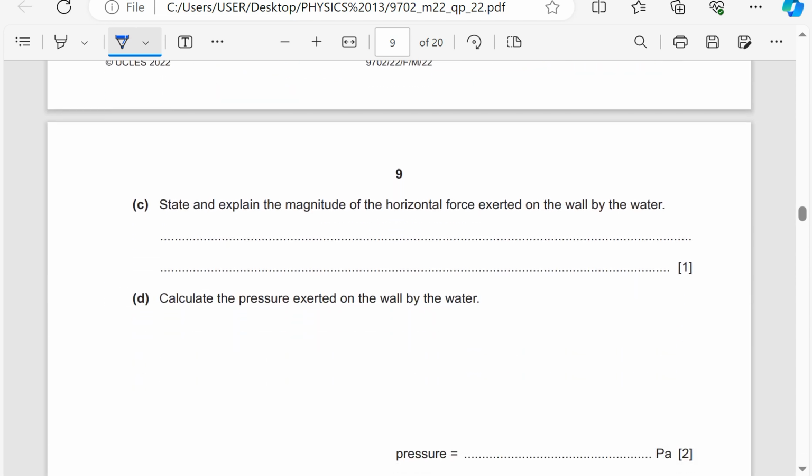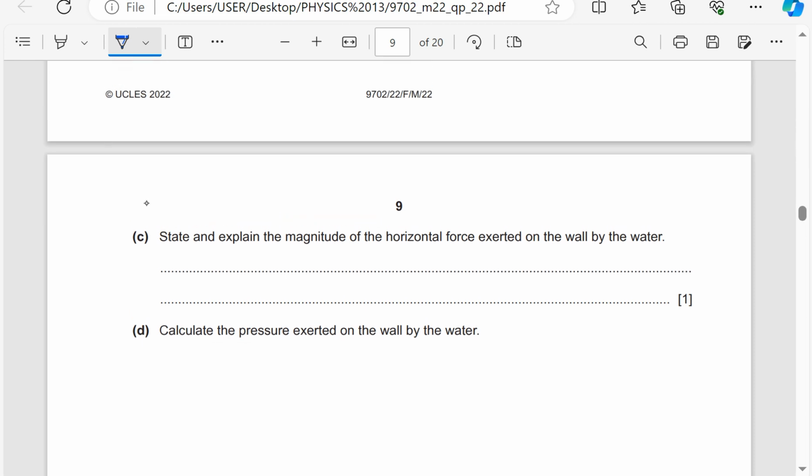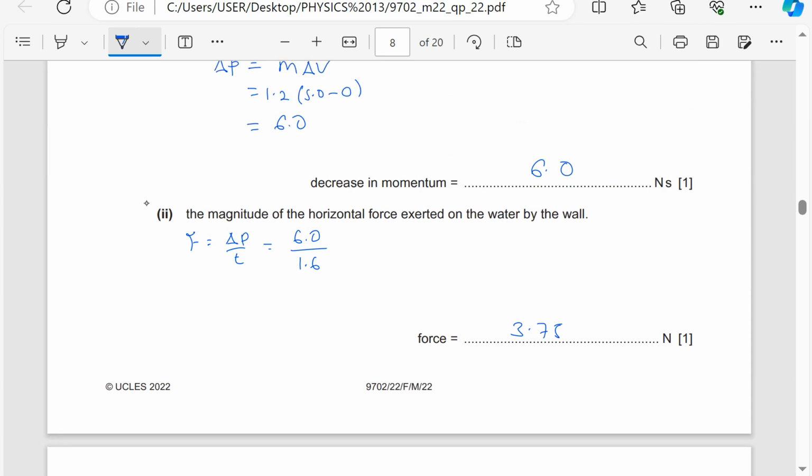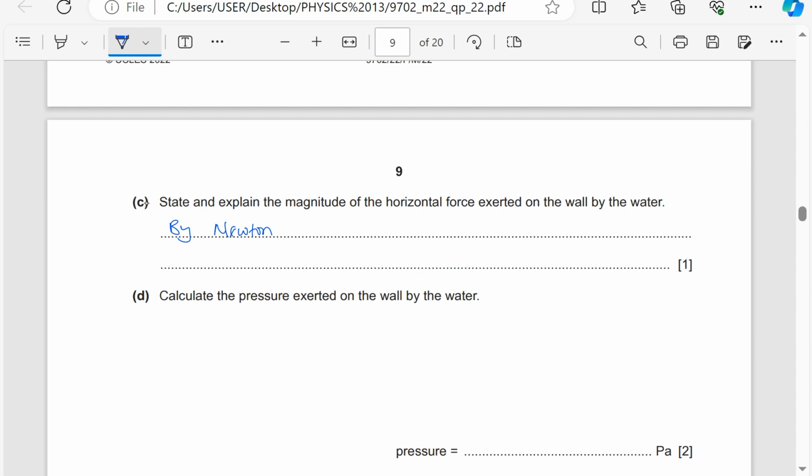State and explain the magnitude of the horizontal force exerted on the wall by the water. Of course, now by Newton's third law, the force is going to be equal but opposite. So this was the magnitude of the horizontal force exerted on the water by the wall. By Newton's third law,